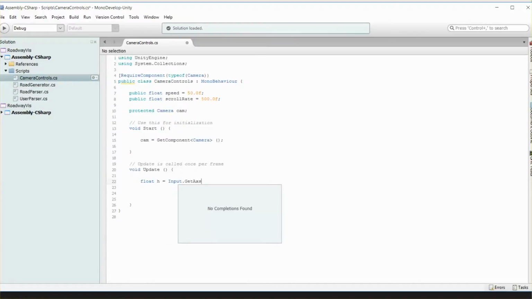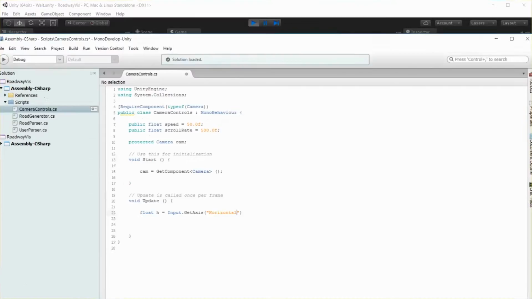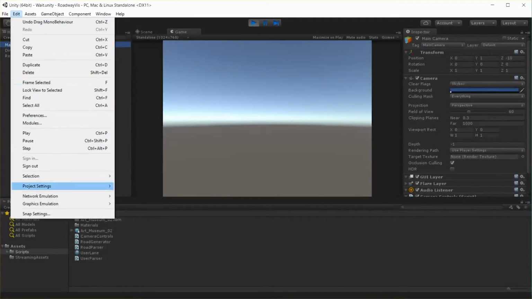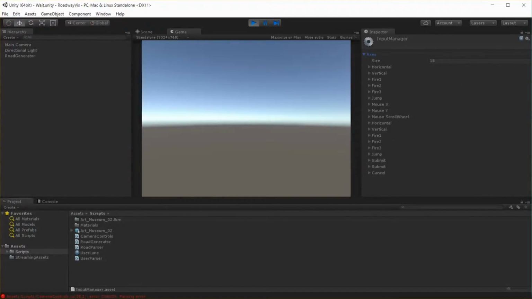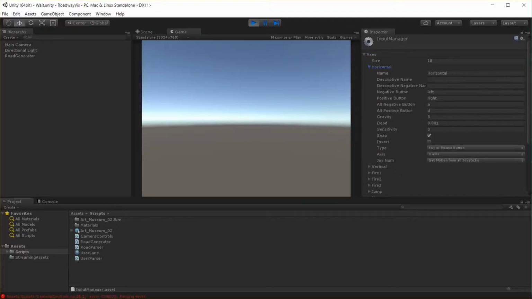Input.GetAxis, and what we want to do is get our horizontal axis. Now if you're not familiar with this, you need to go into your Edit, Project Settings, Input pane, and under Axes there's several already set up for you: Horizontal, Vertical, and so forth and so on. In our particular case, we're going to use the WASD keys, and those are already set up by default in